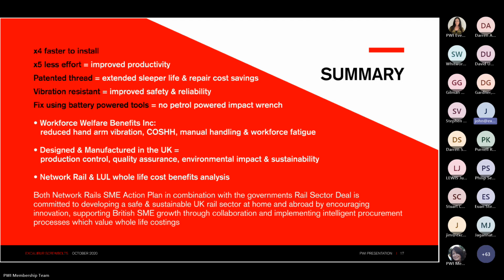The Excalibur screw bolts are designed and manufactured in the UK with associated production control, quality assurance, environmental impact and sustainability, whilst adding to the circular economy and carbon footprint. Network Rail and LUL have done whole life cost benefits analysis that are positive on the product. Both Network Rail